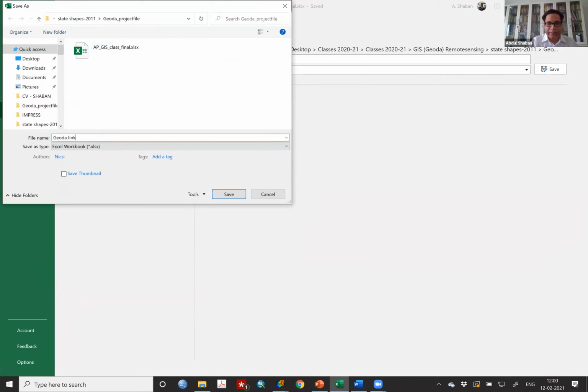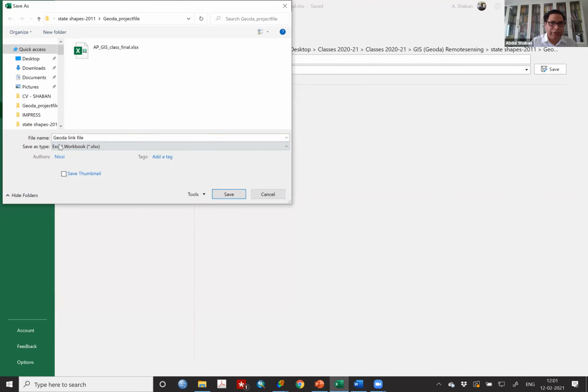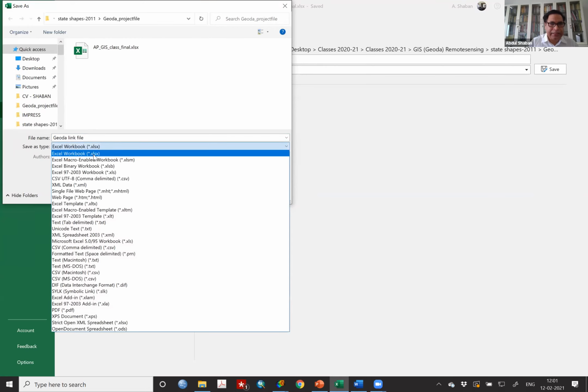Geoda link file. So I know now here you need to write down, and you need to choose which format to save. When you give the save as, you go to the lower version. For example, XLSX is the most advanced, it is updated. You don't need the XLSM file.